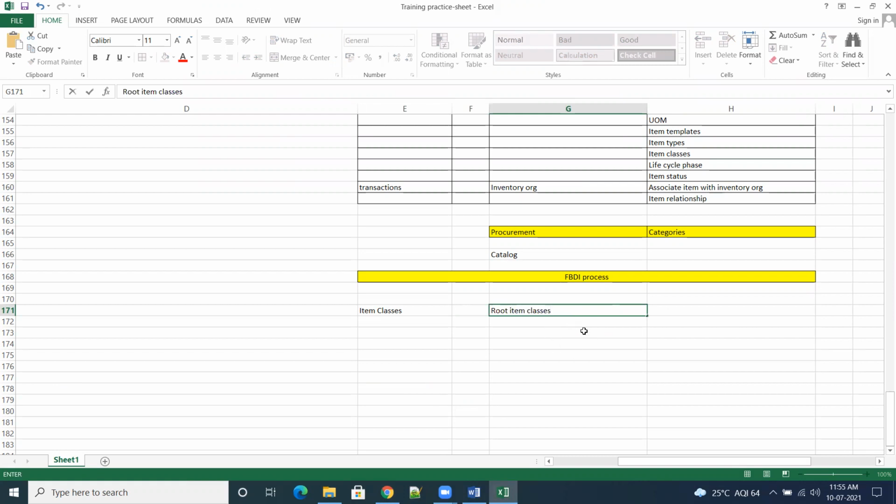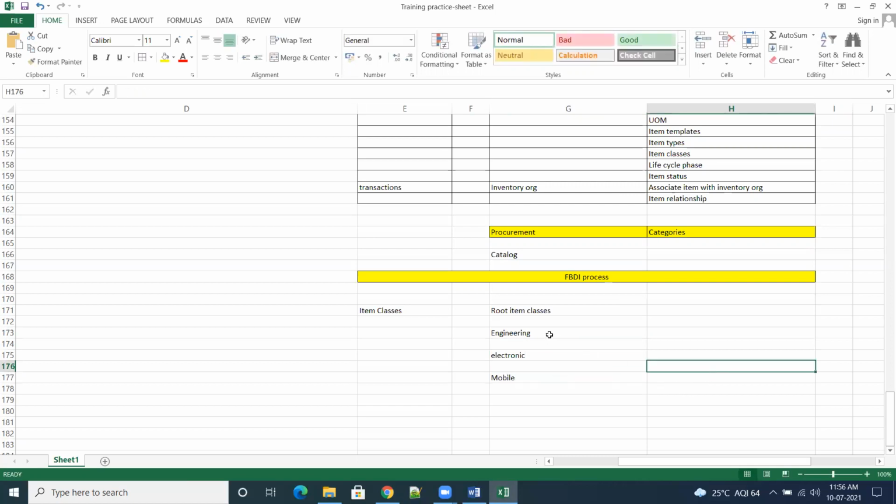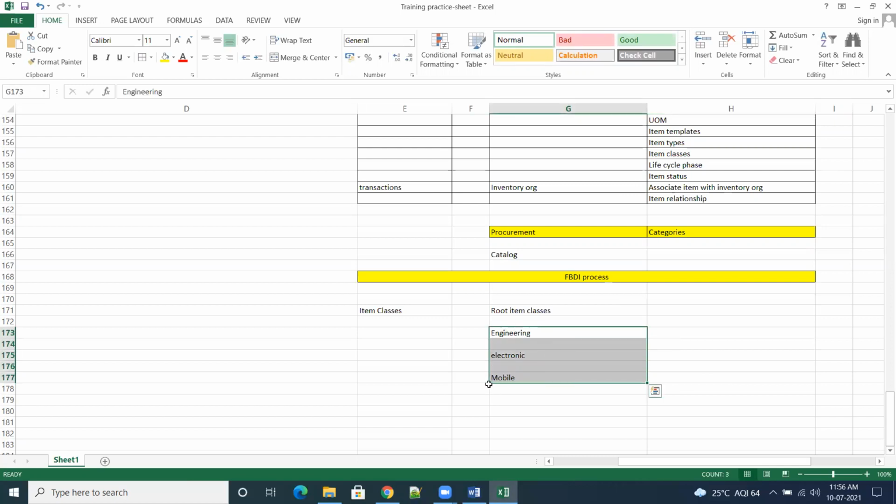Under this root item class, you can create your own custom classes. Let us say engineering is my item class. Let us say electronic is my item class. Let us say something like mobiles is my item class. Whatever item class you want to create, these are the custom classes.